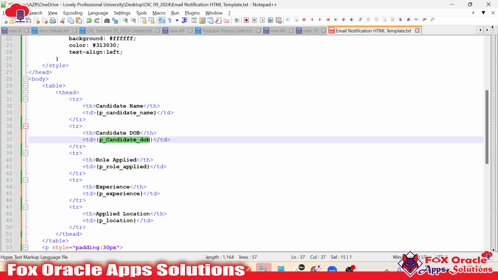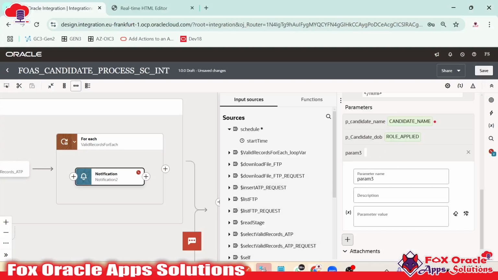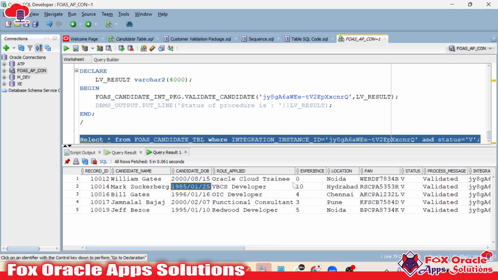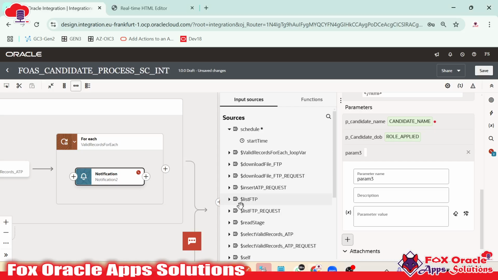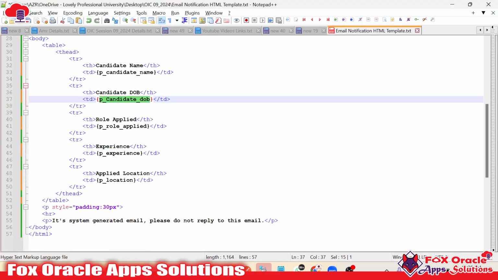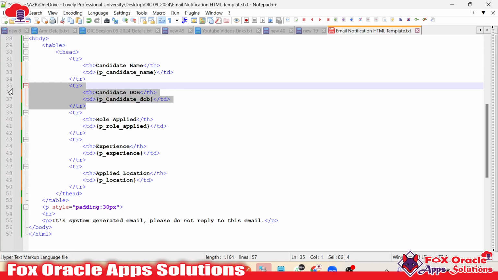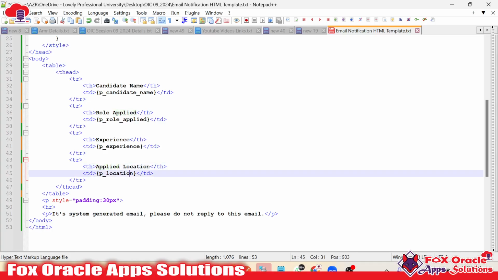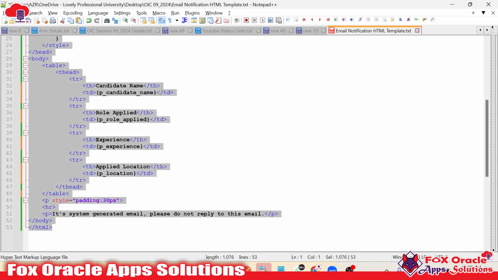So candidate job, job is candidate. What is the job here? Somewhere is that? No, there is no job column, right? Candidate job. No, there is no job column. So that code is correct. So instead of candidate job, I will remove this candidate job. So it will be role applied only, experience and applied location, right? So this will only be there. So let me copy this one,